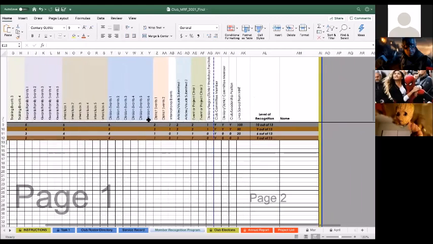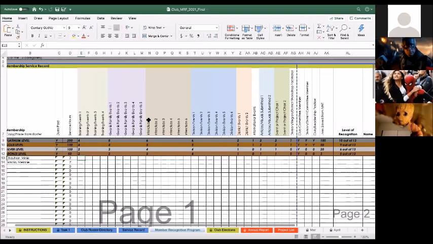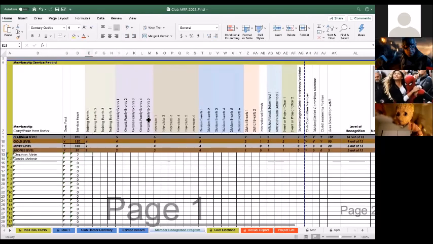And as you can see here, oh, you moved. There are different levels of recognition. There's the bronze, silver, gold, and platinum level. And there are different requirements that are needed in order to meet all of those MRP standards for each single level. So what I like about this newly updated MRP is that now you can just organize and check mark